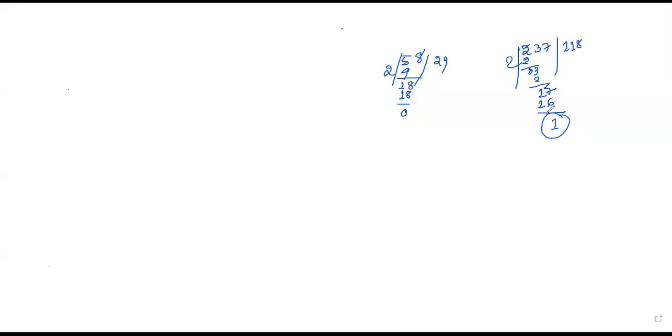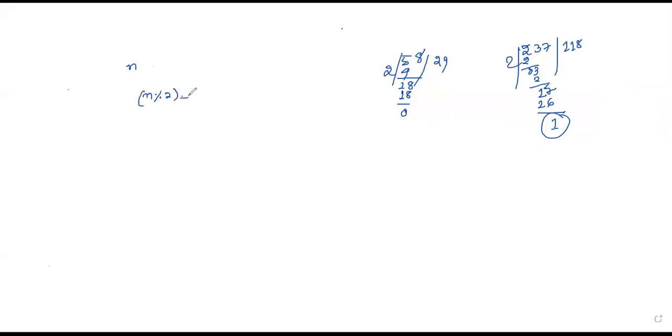Any doubt? No, sir. Suppose you are taking any number n, and you want to check whether it is even or odd. So you have to check n % 2, which means the remainder of n by 2.